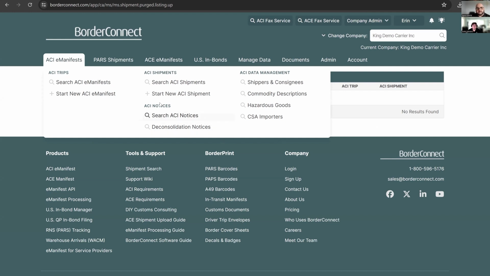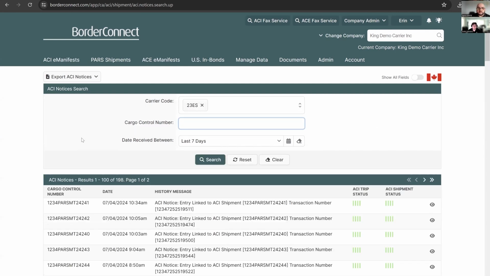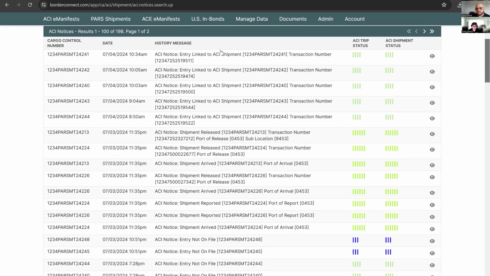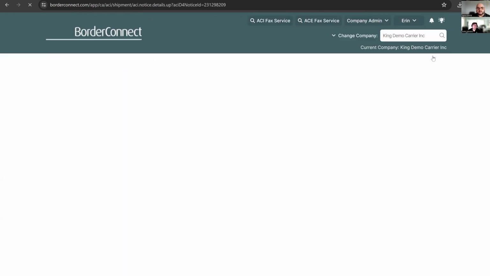So if you go to ACI Manifest and click on Search ACI Notices, from here you should be able to view your notices. ACI notices pretty much just advise you if the shipment is linked. There's an entry that's linked to that particular shipment. If there's a transaction number, if you click on that, let's say I want to click on this one here,